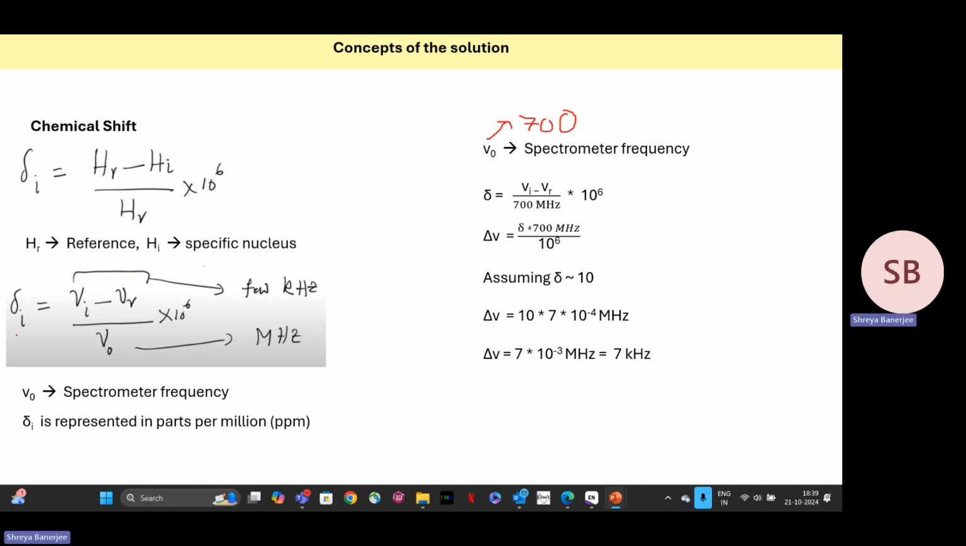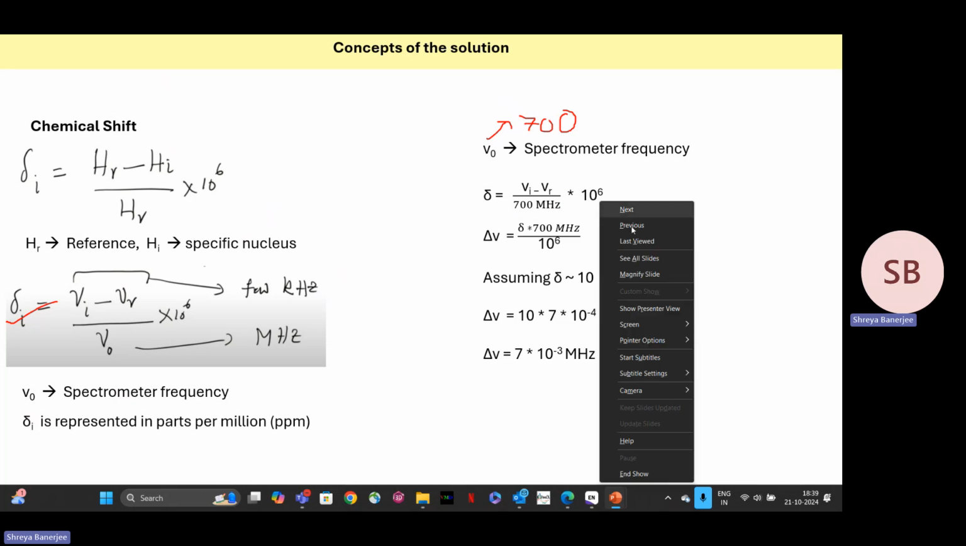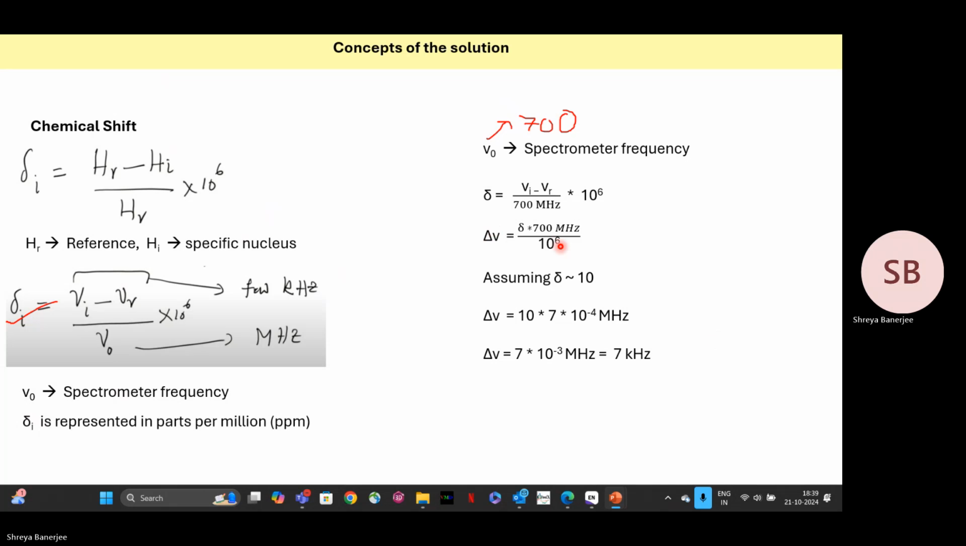So we will put it in this formula. Delta is nu I minus nu R divided by nu 0, that is 700 megahertz into 10 to the power 6. We can assume the delta as around 10, because we know the range of chemical shift, the delta values of proton ranges from around 1 to 10. So we take it around 10